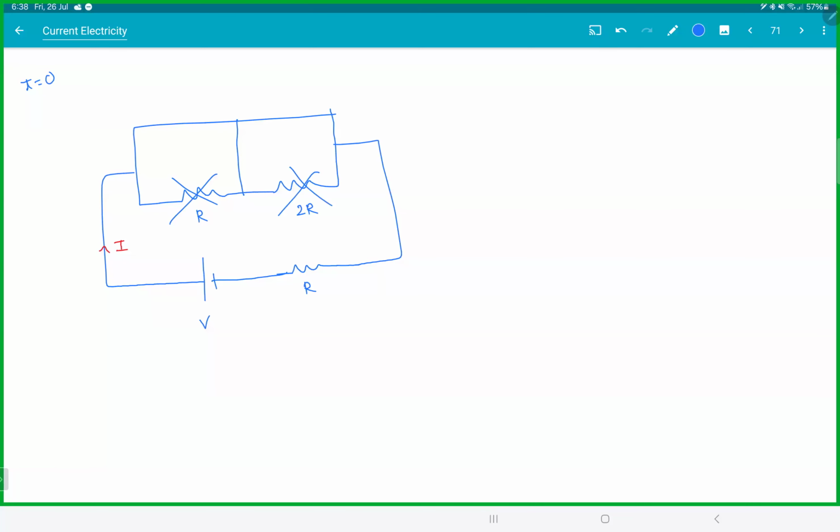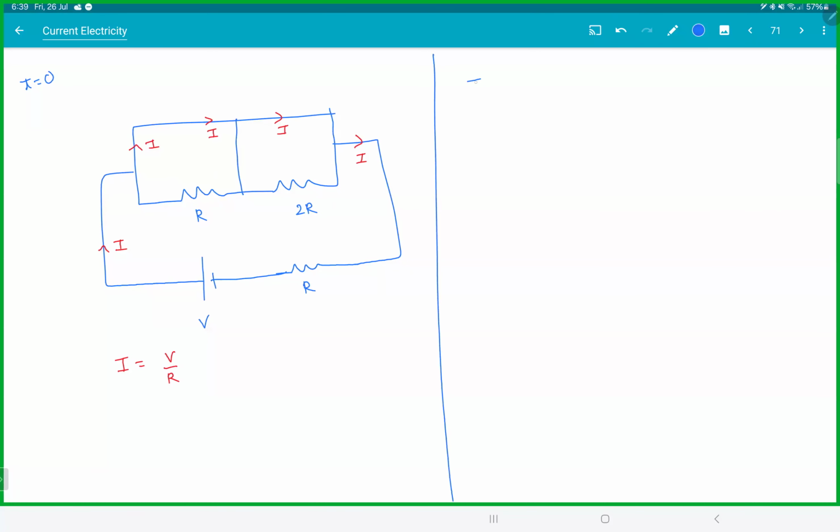These two are gone. Current will simply go like this. They got shorted. At T infinity,